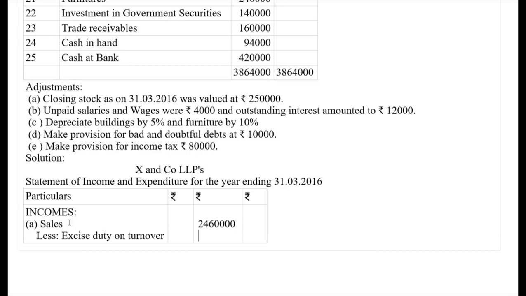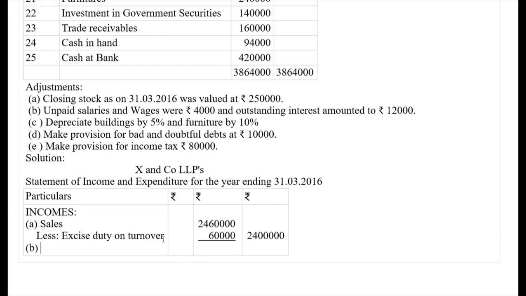So from that we need to subtract 60,000 as the excise duty. So let me underline here. So the difference, we should take it to the outer column here, that is 24 lakhs. Then the next one comes here, B,